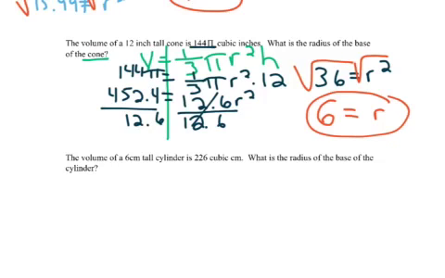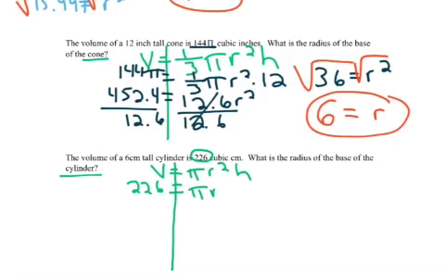So for our next problem, we're dealing with finding the radius of a cylinder. So first I'm going to write down the formula for volume of a cylinder. V equals pi times your radius squared times your height. Next, we're going to plug in all of our known values. So my volume, it says it right here, is 226 is equal to pi times my radius squared times my height, in this case, was 6. So I'm going to multiply what I can on my right-hand side to simplify, which would only be the 6 and the pi. So therefore, I would have 226 is equal to